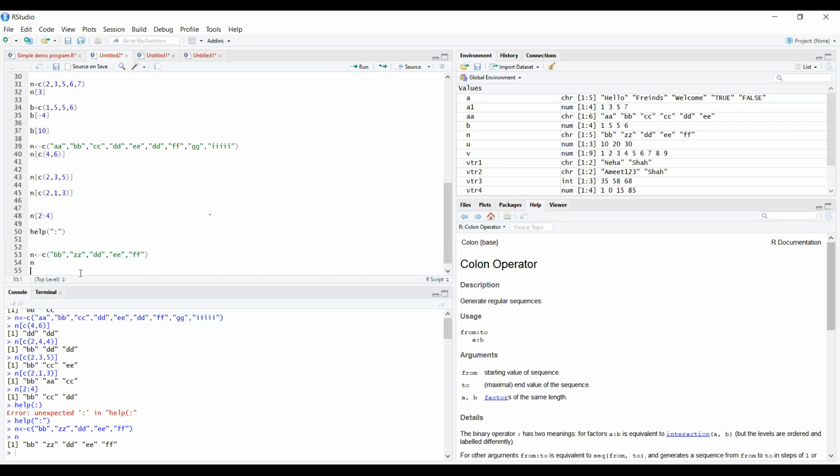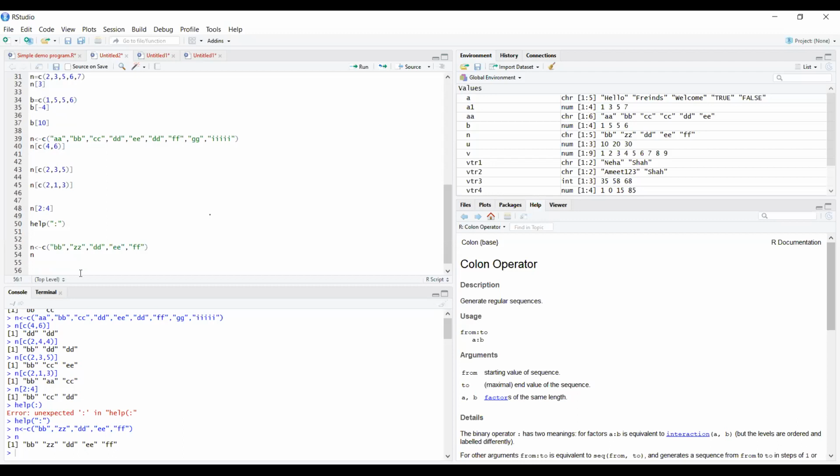But as far as logical indexing is concerned, if you want to pass some logical values, you again take l: true, false, true, false. This is actually four values. Again, one more time I am taking true.